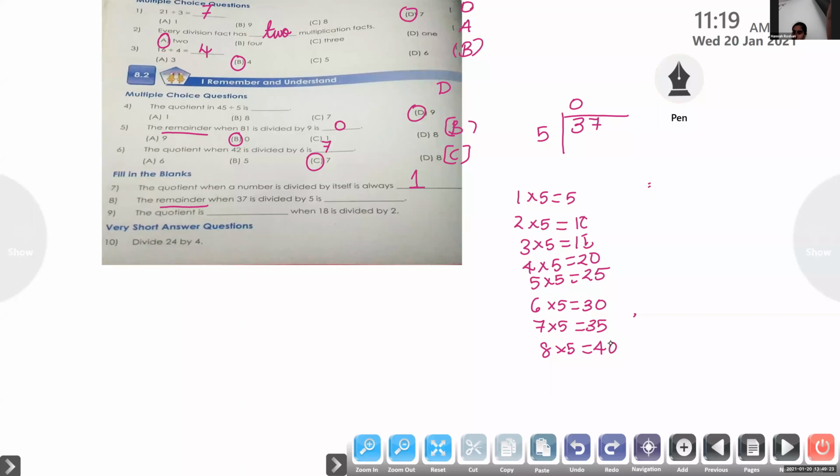See, we got 40 now. Our dividend is 37. If we are continuing like this, will we get